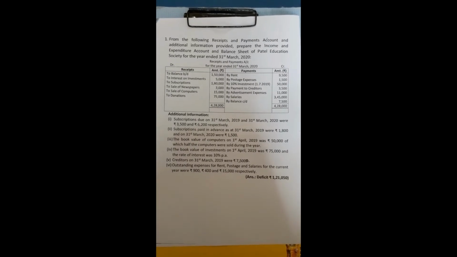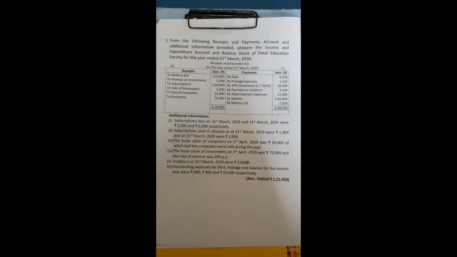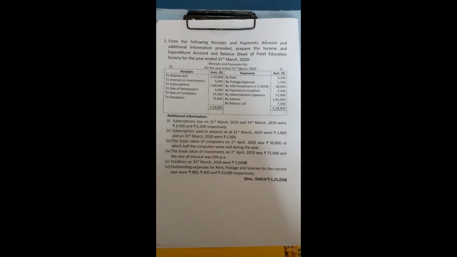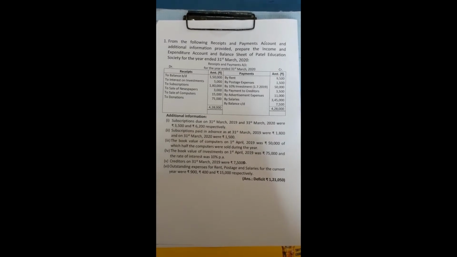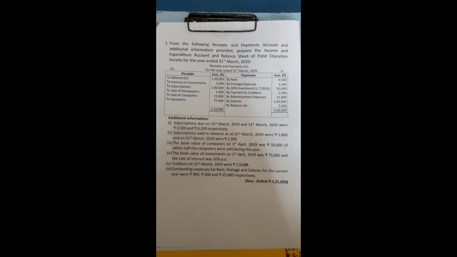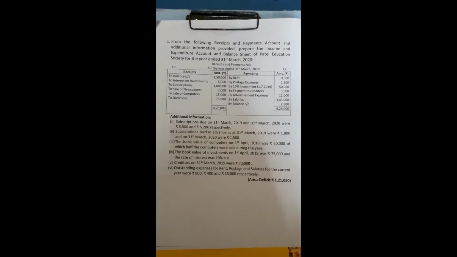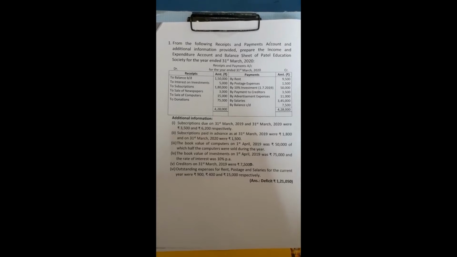From the following receipts and payments account and additional information provided, prepare the income and expenditure account and balance sheet of Patel Education Society for the year ended March 31st, 2020. The receipts and payments account is given as: to balance brought down, that is the opening cash balance, 150,000 rupees,